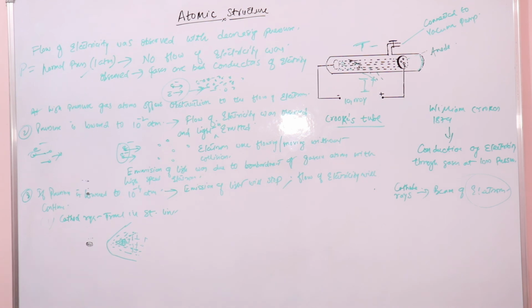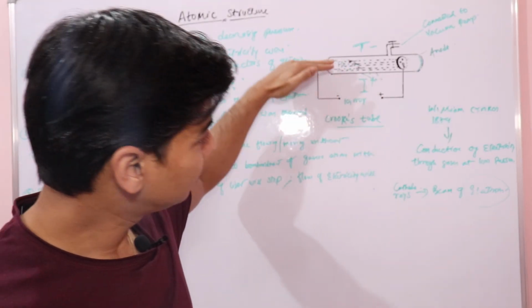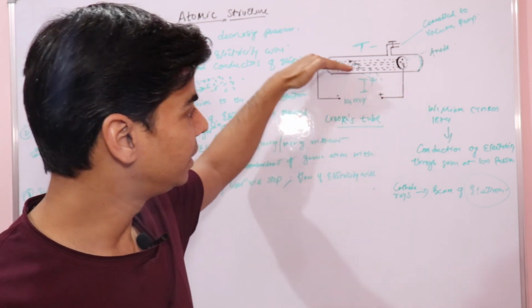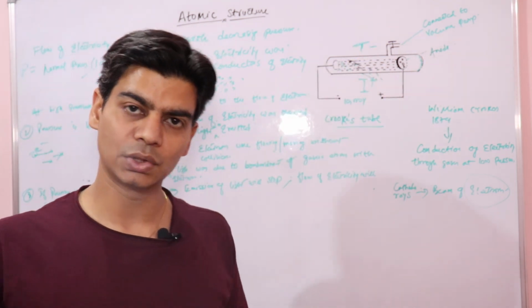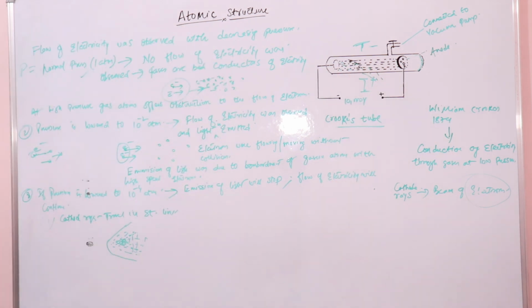And there are other properties as well. Similarly, if instead of an electric field you apply a magnetic field, then also this beam of electrons or cathode rays will deflect in a direction, which shows that these cathode rays consist of negatively charged particles. And when these cathode rays fall on a metal foil, they produce a heating effect. So that means